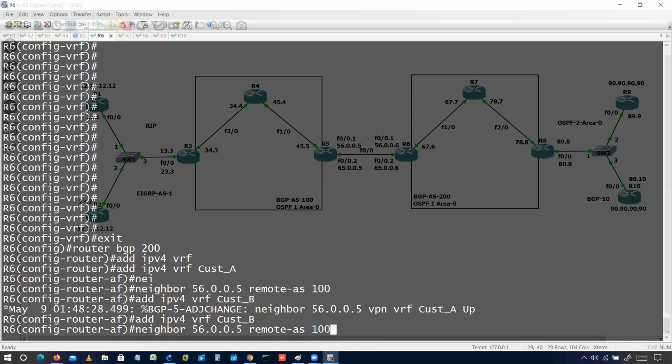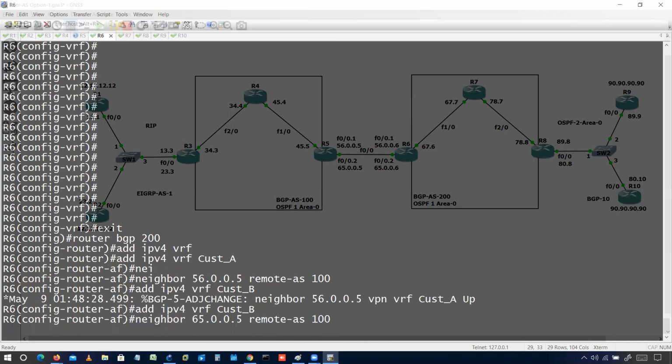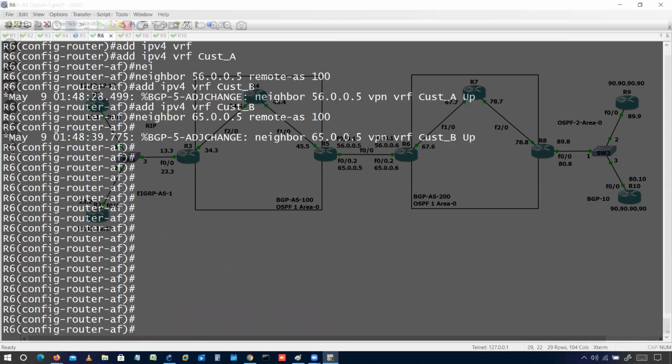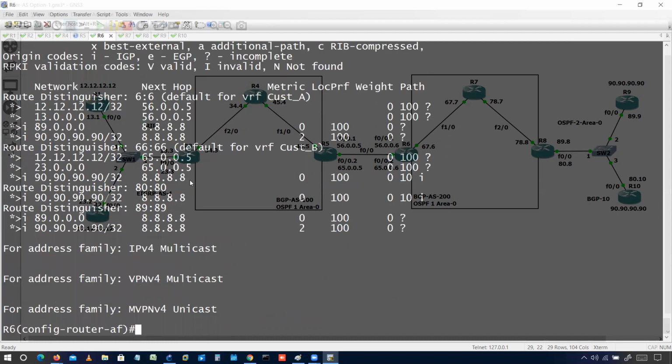Customer B. The remote is 100 and this neighbor is 65. Let's wait for the configuration. The neighborship logs. All good. Now let's check. Do show IP BGP all. Now we should receive the 12th network here. And we are getting the 12th network here.